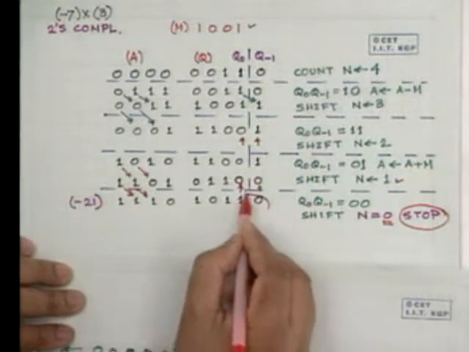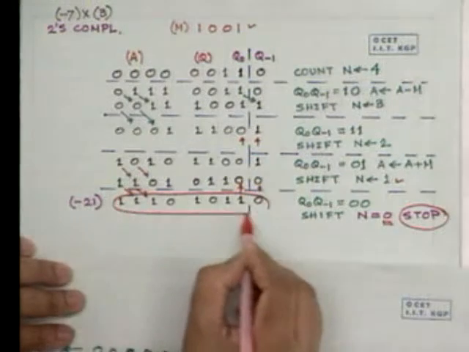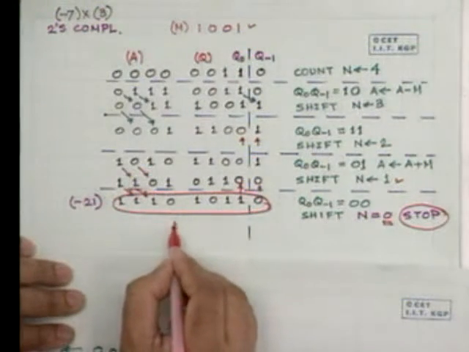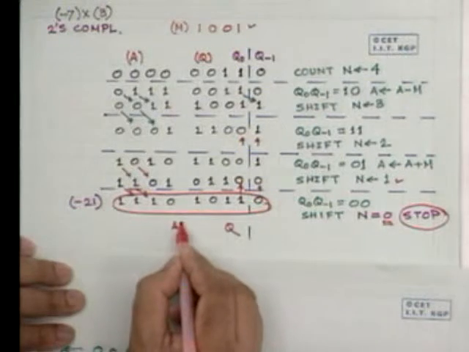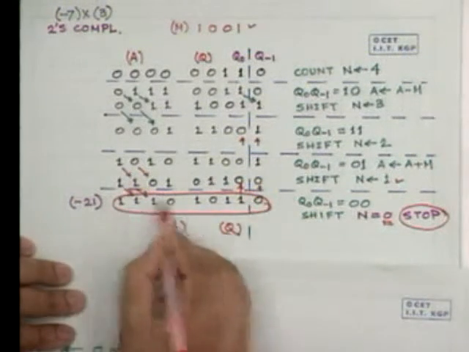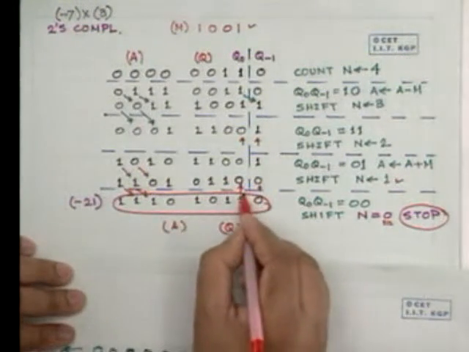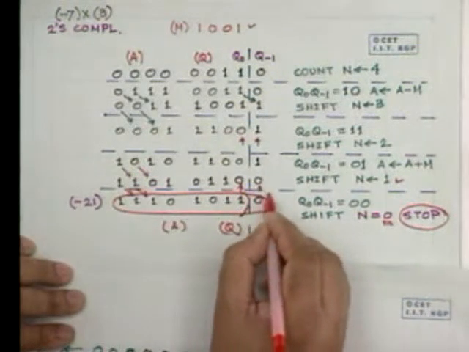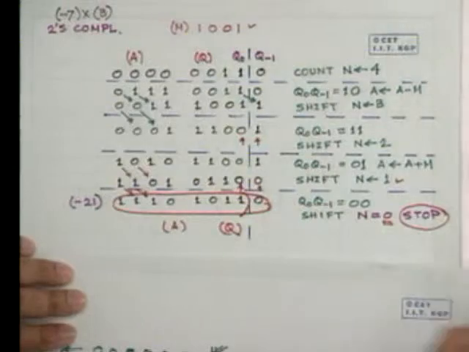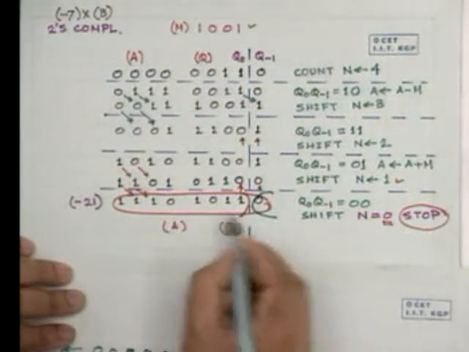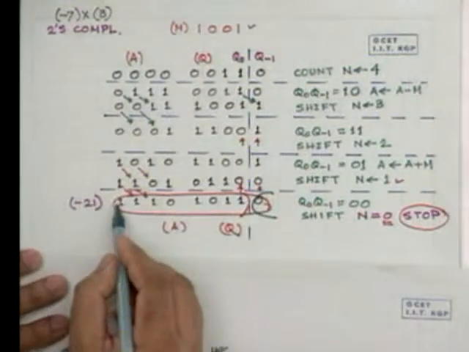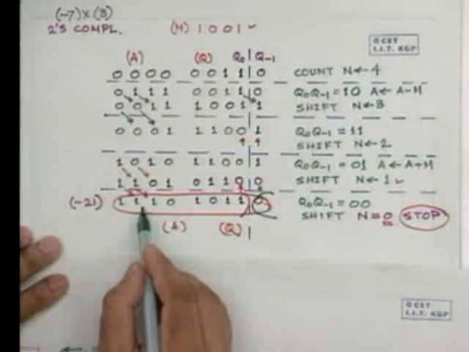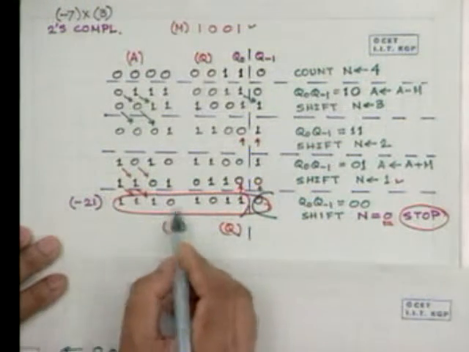Whatever is contained now in the A and Q registers, the entire thing now represents the result. Q minus 1 is not taken into consideration in the result. Therefore, this is the result, which is minus 21 in 2's